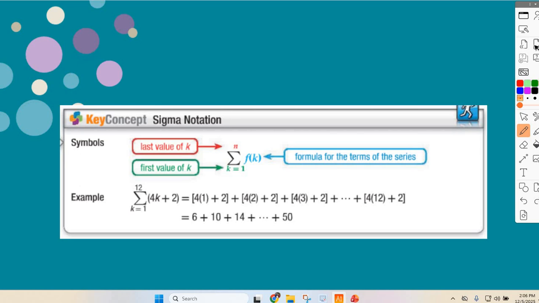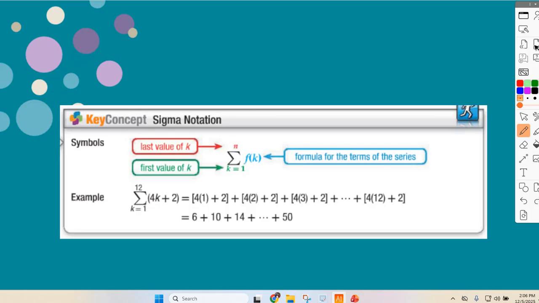So sigma is a Greek letter, so it kind of looks like a big E. It stands for summing or adding together all of the numbers. Which, remember, when we have a series, that's what we're doing. We're adding each of them together instead of just putting commas in between